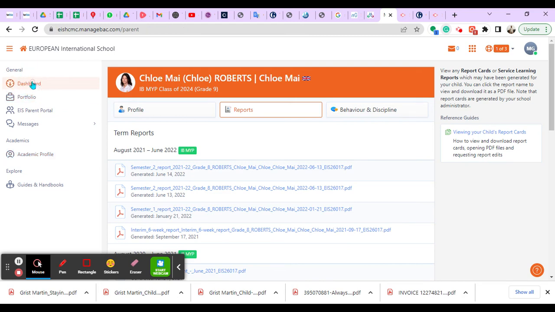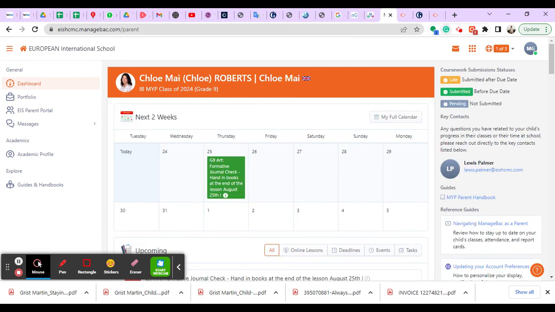So really, as a parent, the key functions for you when you're looking at ManageBac is to look at the dates when things are due and the tasks. Now, what we really want is for that conversation then to happen between parents and their children. So it's not just that you're looking at what's coming up, but you're also having that discussion with your child and seeing if they know what's coming up,